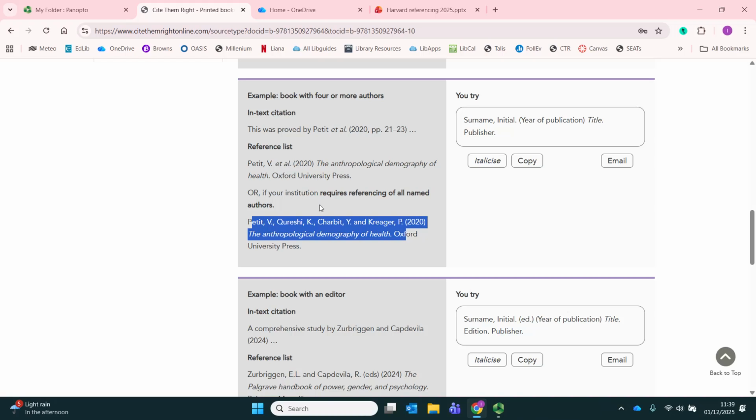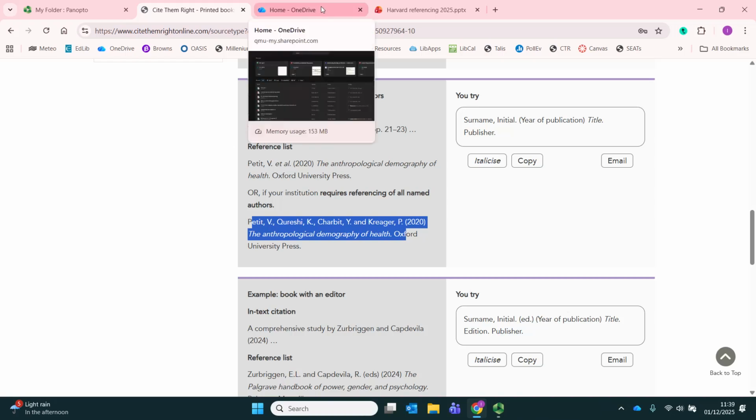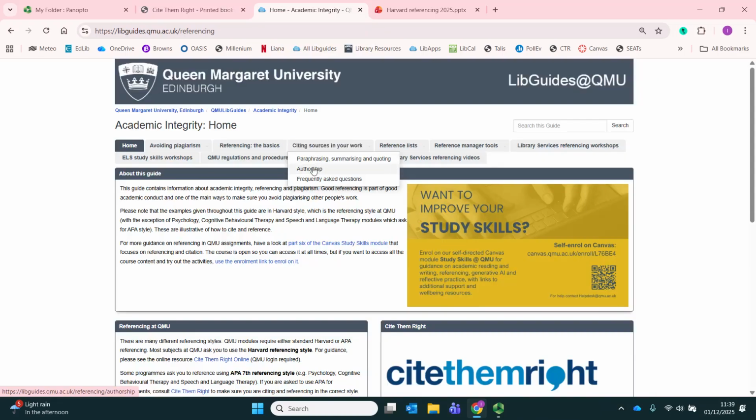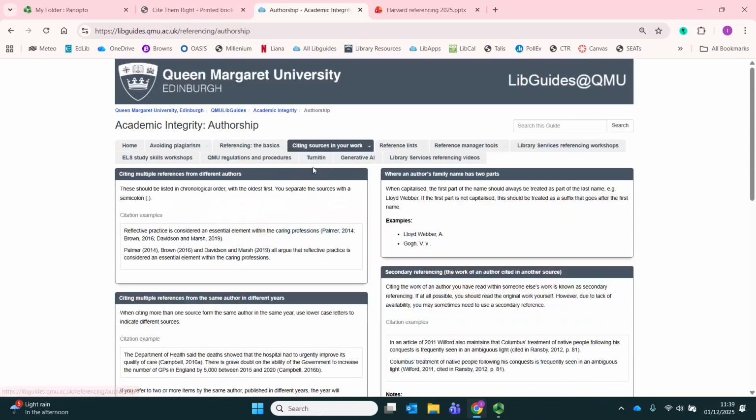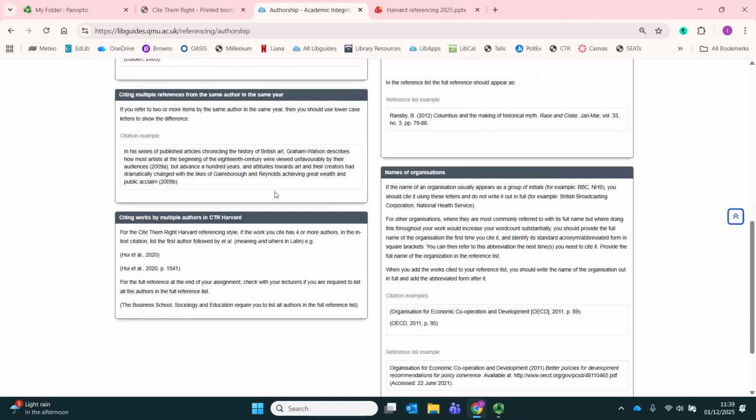You won't know if you are required to use all the authors unless you use this guide in conjunction with the Academic Integrity Guide. And the Academic Integrity Guide, under authorship, says